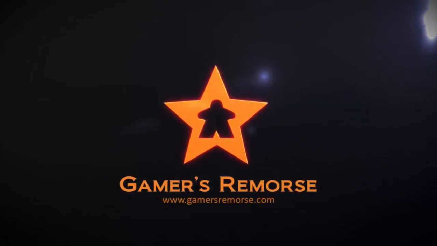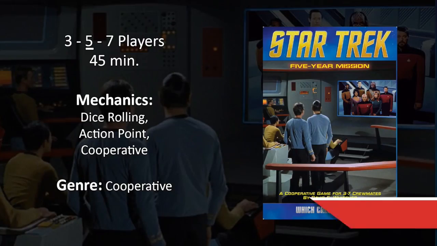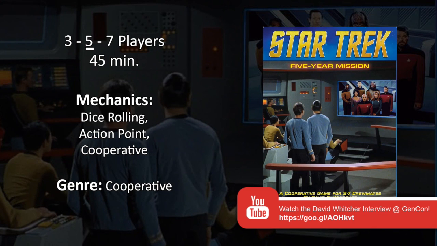Today we're taking a look at Star Trek 5-Year Mission, currently out by Mayfair Games. This game's pretty exciting. Let's take a look at it. Star Trek 5-Year Mission is a dice roller cooperative game for 3 to 7 players and takes about 45 minutes